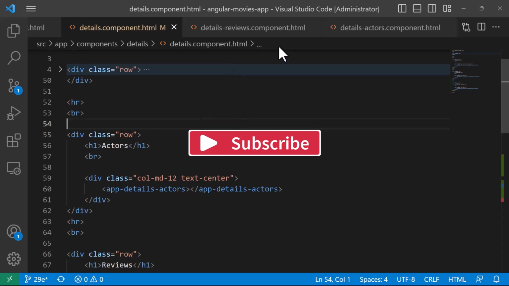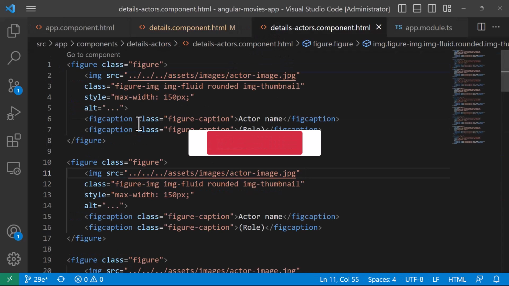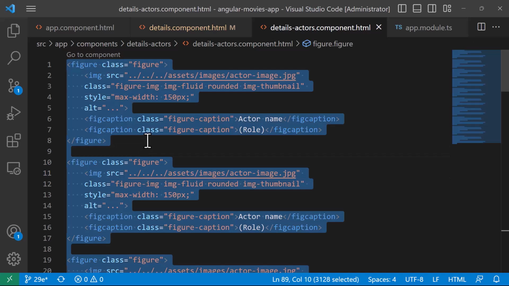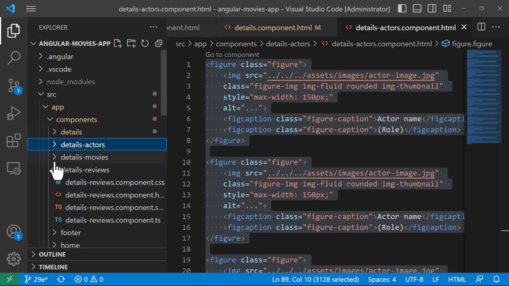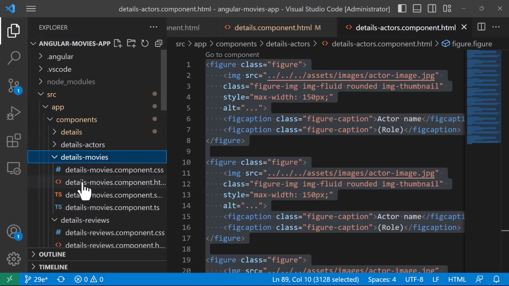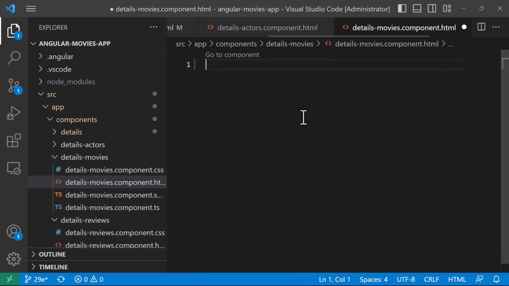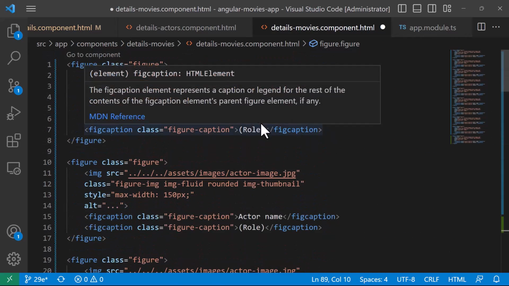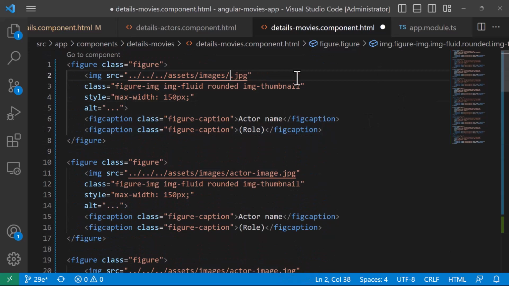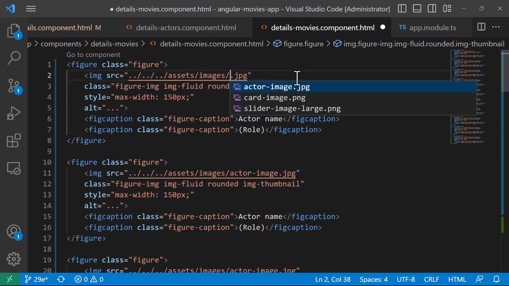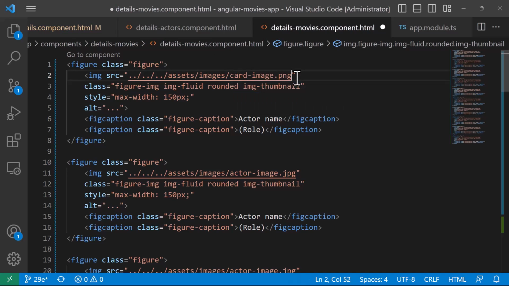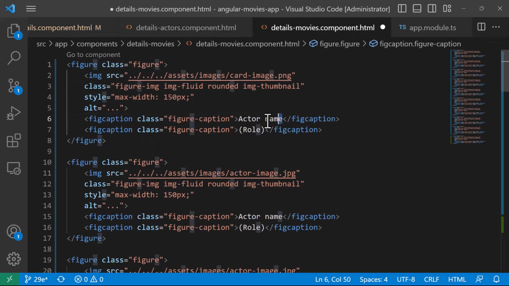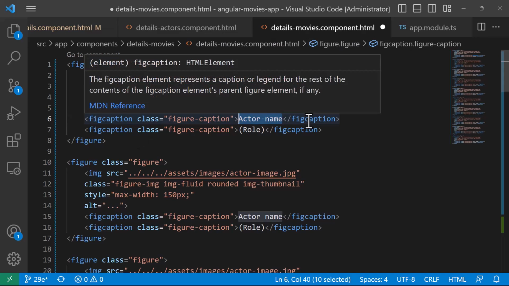So I'll go to the actors, and copy this whole section, Ctrl C, and then I'll go to the details movies and open the HTML file. I'm just going to paste the same code. I'll just do it for the first one. I'll update the image from the actor image to be the card image. And then I'll leave the same style, but I'll change this one here to be the movie